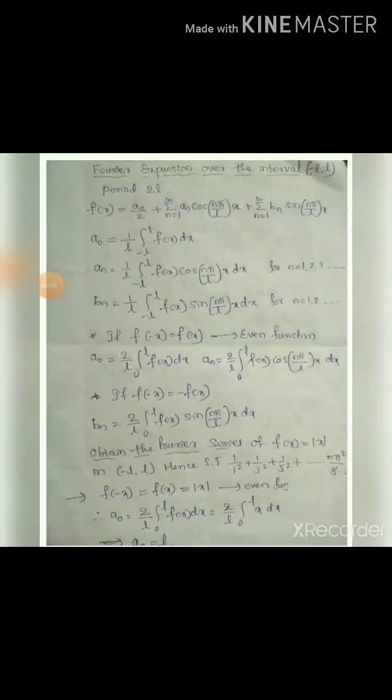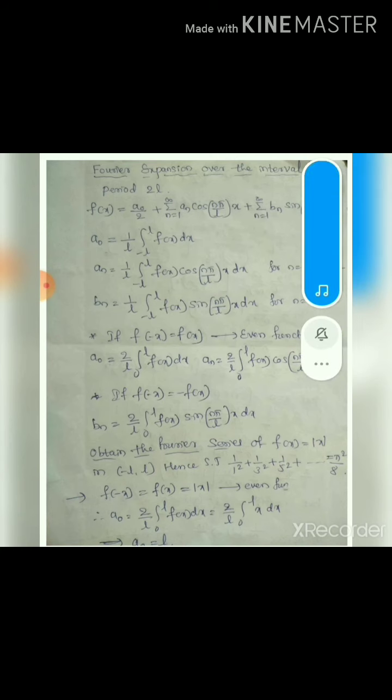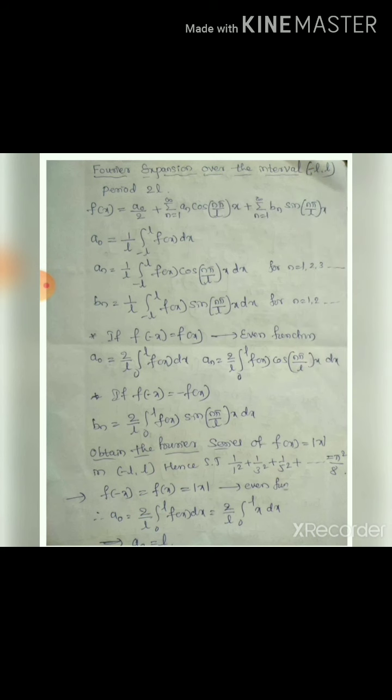Students, in the previous class, you calculated a Fourier expansion over two intervals, that is minus pi to pi and the interval 0 to 2 pi. Now we will discuss the formula of Fourier expansion over the interval minus L to L. Here the period is L minus (minus L), which is 2L. Therefore, the period is 2L here, and the Fourier expansion formula is f of x is equal to a naught by 2